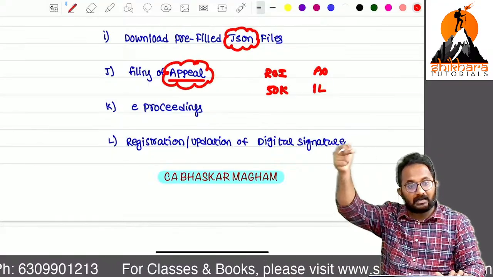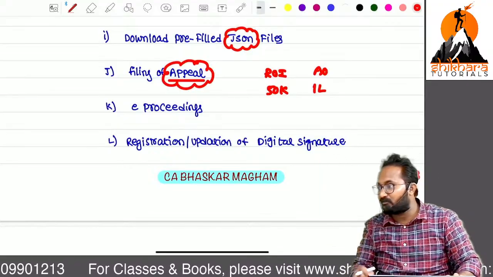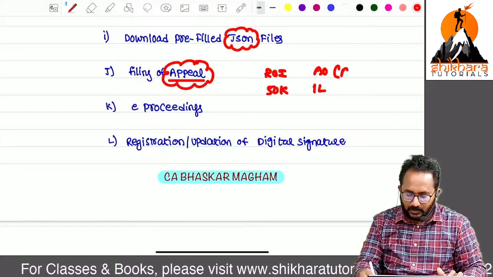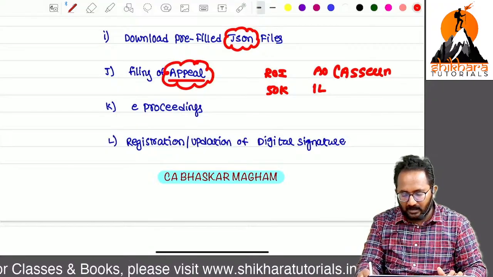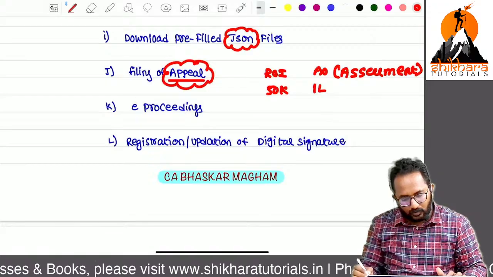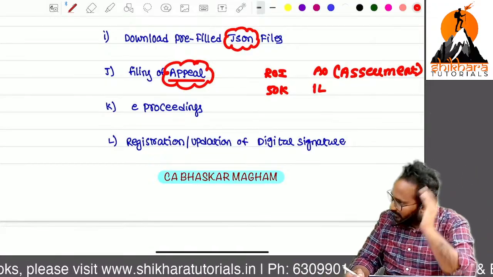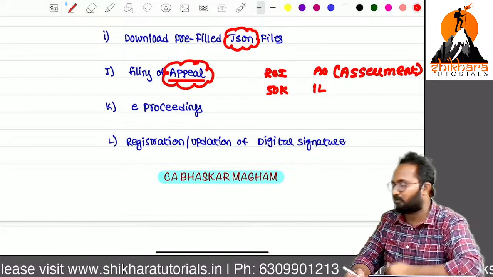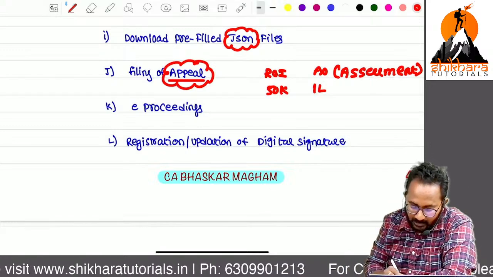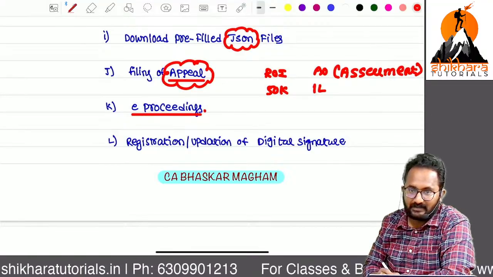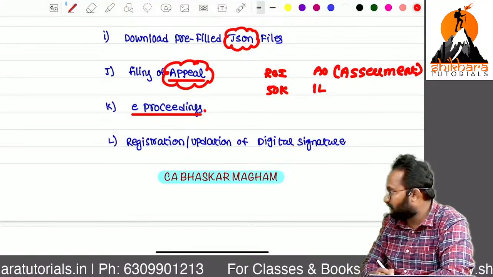That appeal you can also file using the e-filing website. Sir, after completion of assessment, the assessing officer is asking for extra tax, but I don't want to pay it. I can make an appeal with the higher authorities. Yes, you can make an appeal, and you need to make that appeal using the website. Sir, if any notices are received, they can be received in the column called